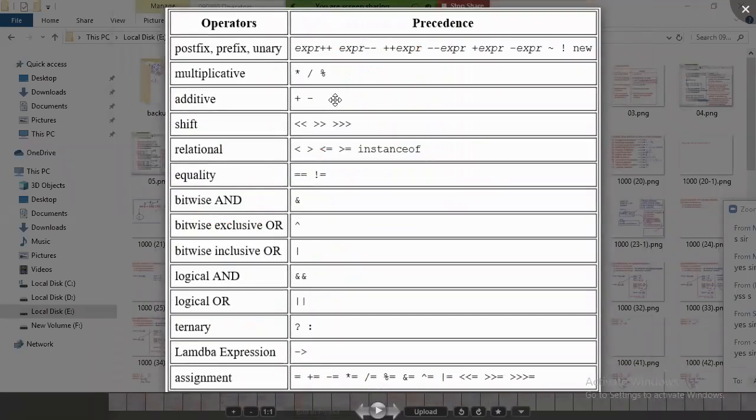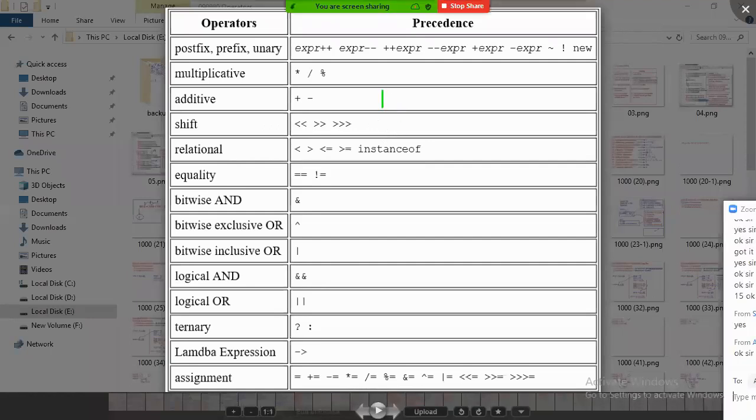If you prepare an expression with a different combination of operators, first all unary operators are evaluated. After unary operator evaluation is completed, then multiplicative operators and then additive operators are executed. After these two are completed, then shift operators will be executed. If you use in an expression, for example, A right shift B, then left shift C, and then right shift D, something like this, what happens?